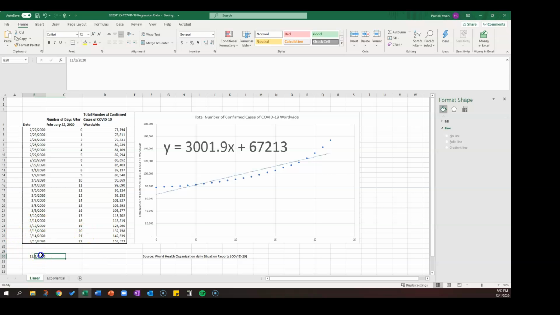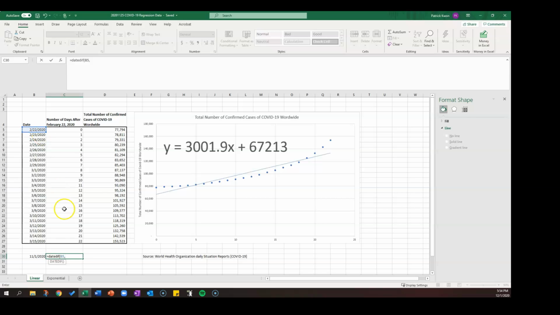I'm going to go ahead and add that date there, and it would be helpful for us to figure out how many days after February 22nd that is. And the way that we'll do that is with this handy formula that Excel already has for us. So in this cell here, I'm going to create an equal sign and then write DATEDIF with one F, and that stands for date difference. And then I'm going to put open parenthesis, and we want to put the starting date. So I'm just going to click this cell here, which is February 22nd,